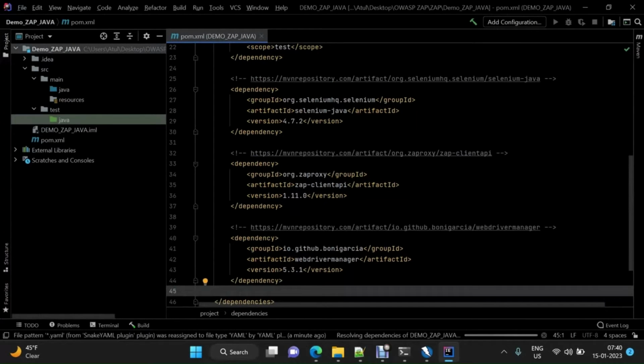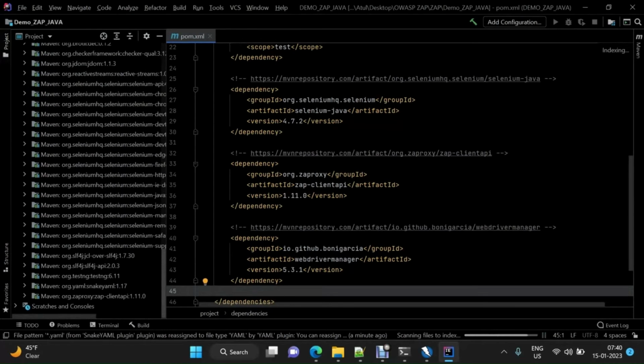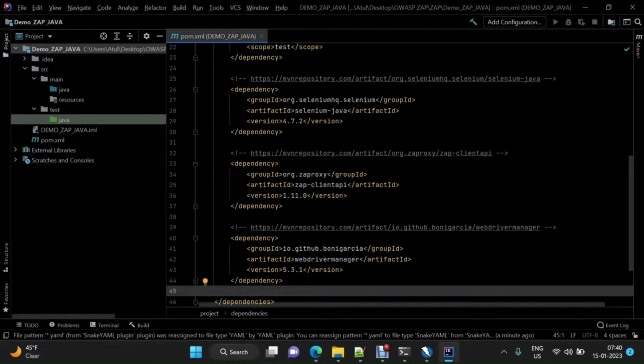It will fetch the dependencies. You will be able to see all the dependencies in here. You see ZAP proxy is there, Selenium is there, TestNG is also there. Okay, so all the dependencies have been grabbed, and now let us create the main